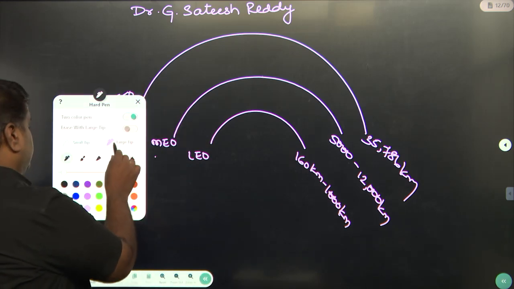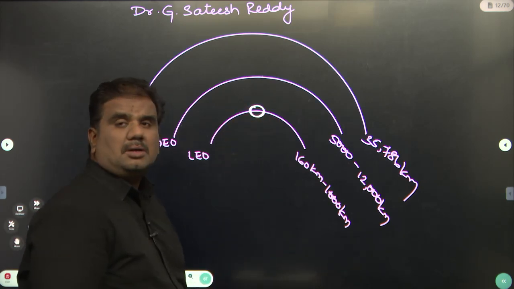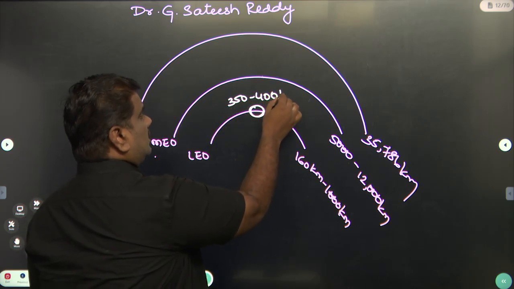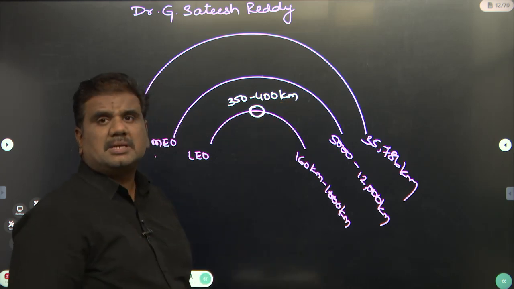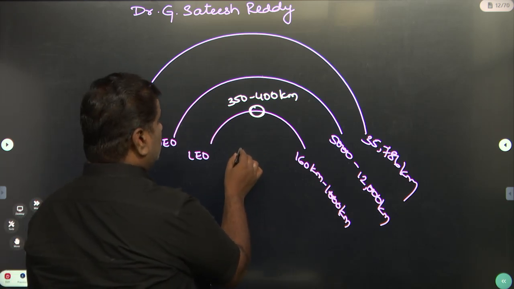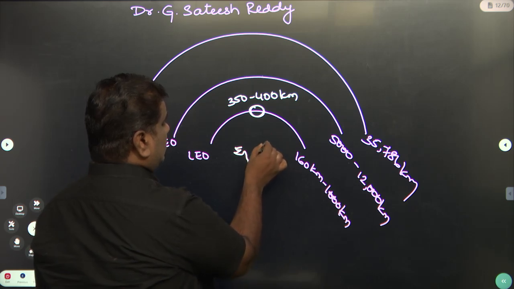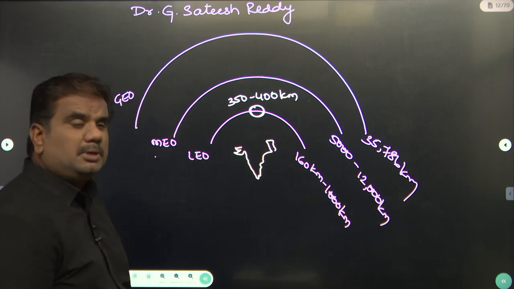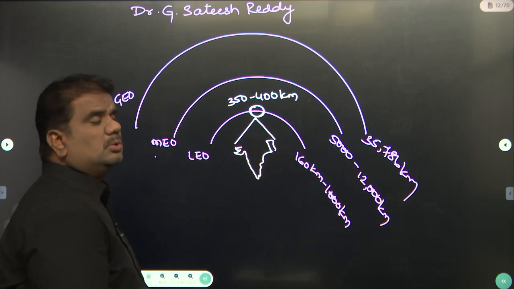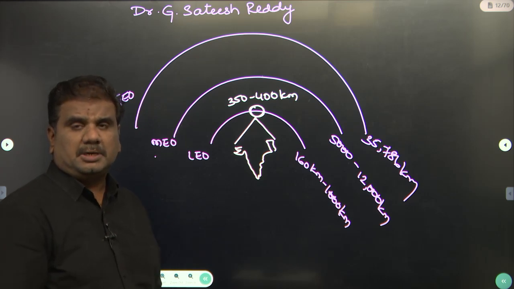Now, what is this Mission Shakti? Suppose you have a spy satellite in the LEO orbit at a height of around 350 kilometers to 400 kilometers. This spy satellite is launched by some other country, and it is trying to record each and every activity taking place in our nation. In simple terms, the satellite in the LEO orbit is trying to monitor and analyze closely the activities taking place in our country.